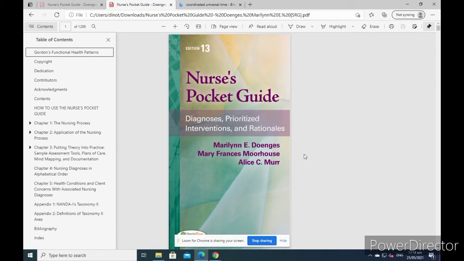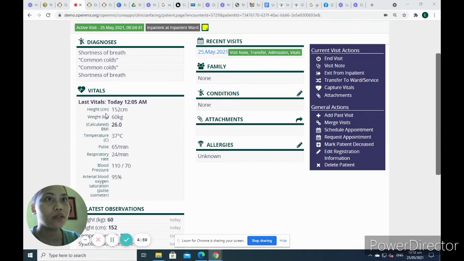I also use ebooks such as Nurses Pocket Guide, 13th edition, which comprises of diagnosis, prioritized intervention, rationale, written by Marlene E. Doenges, Mary Frances Moorhouse, and Alice C. Moore. With the height of 152 cm and a weight of 60 kg, this gives us 26 BMI, which is